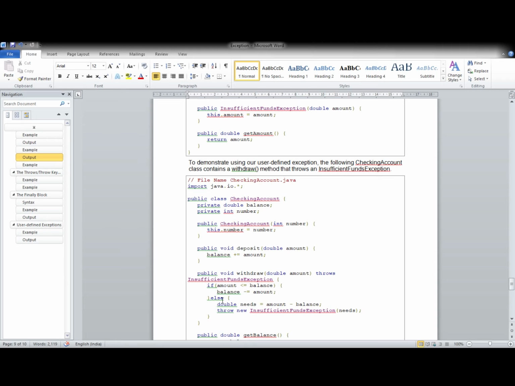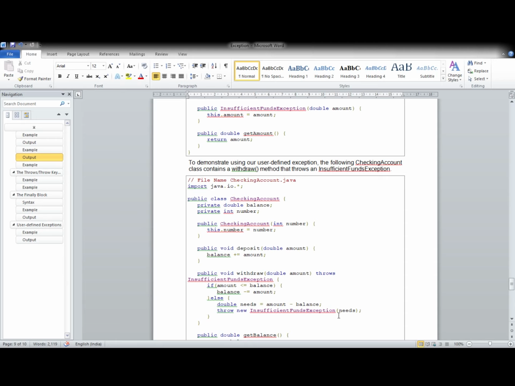Otherwise, if the amount you want to withdraw is more than the existing balance, then double needs is equal to amount minus balance. So there is some insufficient amount, given by the value needs. That is why it throws new InsufficientFundsException of needs. That much amount is missing.